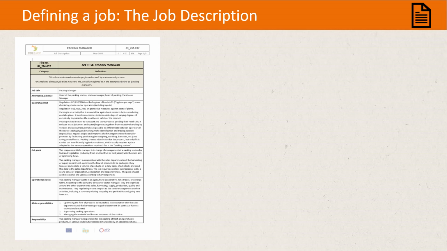What does the job description contain? It contains the name of the job and other designations. Everyone needs to be able to recognize which job they're talking about. We also explain the context in which the job is carried out in relation to the regulations or standards that apply, but also by looking a little further ahead and anticipating possible developments in the years to come, maybe 3 to 4 years. The purpose of the job is described. That means how the job contributes to the organization's objective. We also specify the place of this job in the organization, its operational situation, so how it fits into the